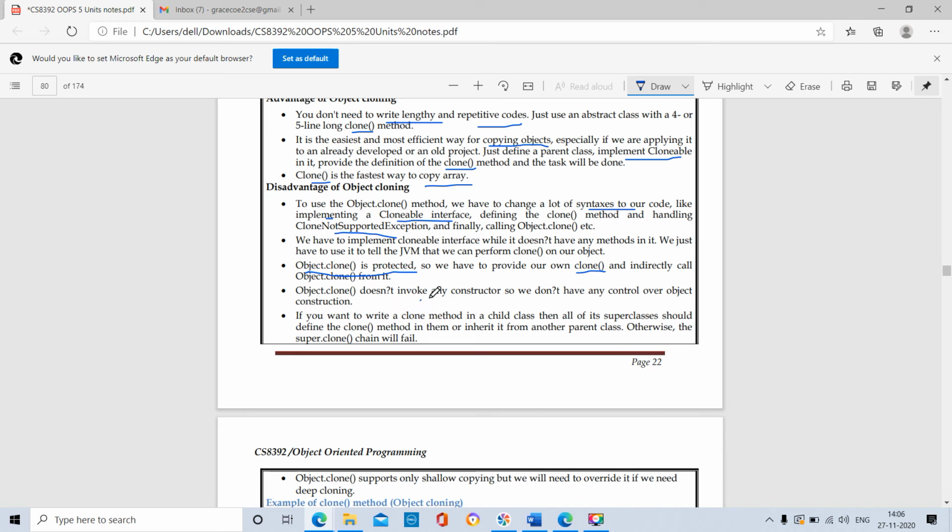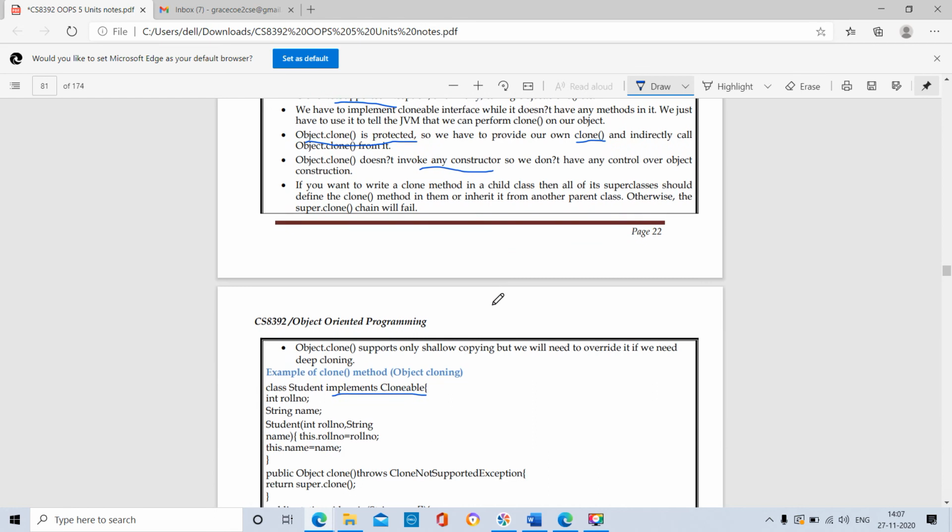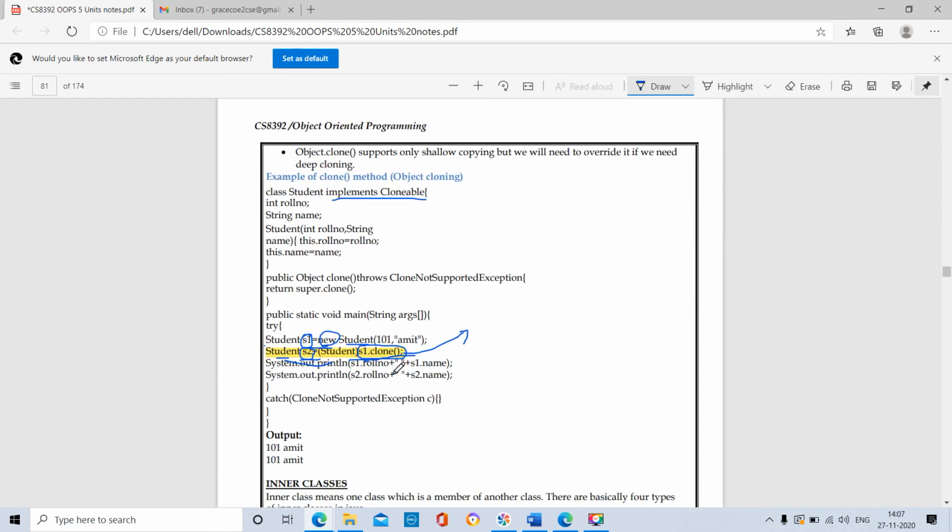It does not invoke any constructor. Object.clone does not invoke any constructor, but in this statement we are using the constructor. Here Student is the constructor, but when we use the Object.clone method, it will not support any constructor.